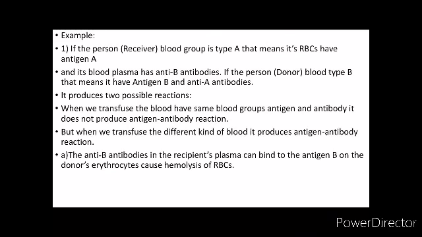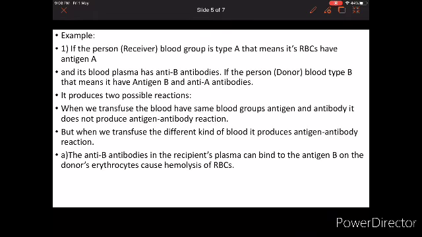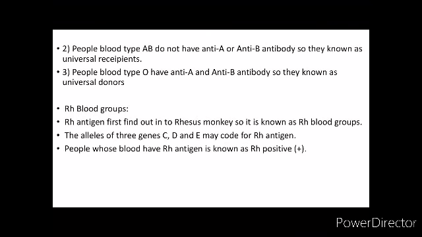When we transfuse the blood that has same blood group antigen antibody, there will not be any antigen antibody reaction. But if we transfuse different kind of blood, it produces antigen antibody reaction. So how? The antibody B in the recipient plasma will bind to antigen B on the donor's erythrocyte and cause hemolysis of RBCs. Blood group AB, they don't have anti-A antibody or anti-B antibody, so they can receive the blood